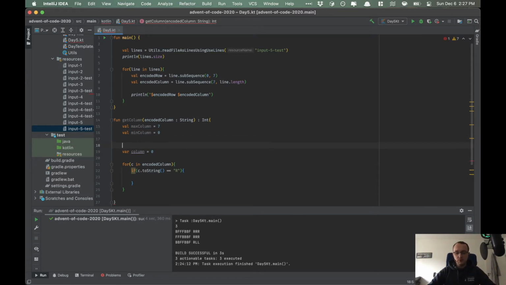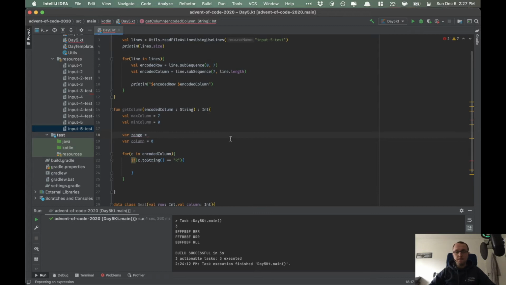I don't like the way I'm doing this, but we're going to start with a range, and the range is essentially max column minus min column divided by 2. That's going to be 7 divided by 2. It's 3.5. And I want